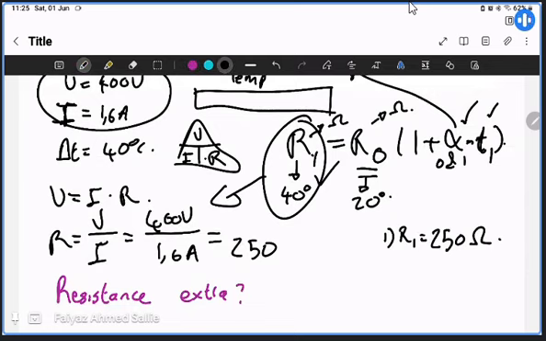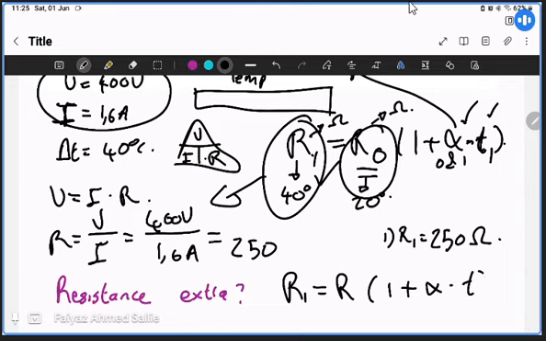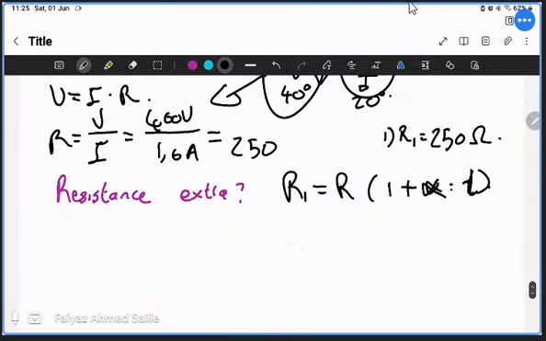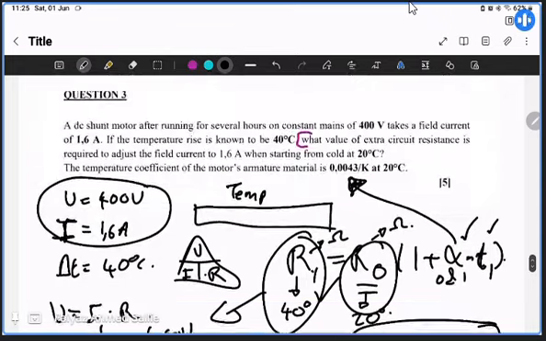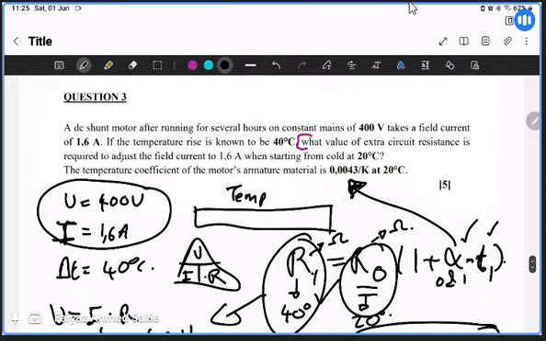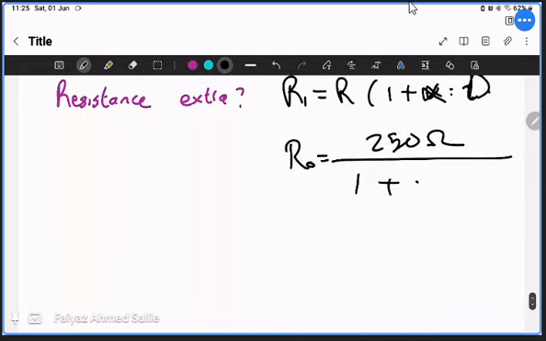So let's calculate the initial resistance. It's going to be R1 equals R initial times 1 plus the coefficient of the material times the temperature. So R equals 250, which we calculated, over 1 plus the coefficient of the material, which is 0.043, multiplied by